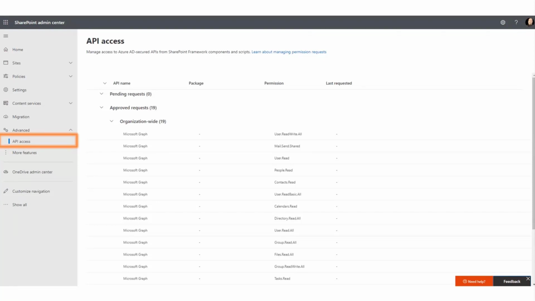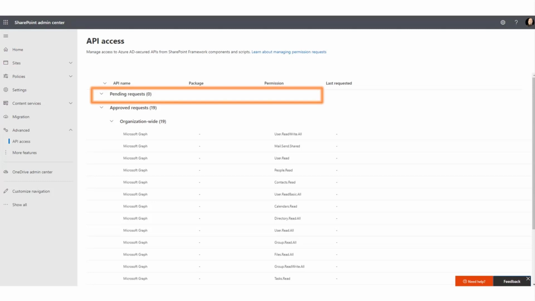One thing I should point out is that the page is pretty slow. When you first go to the page, it will show everything as 0 pending requests, 0 approved requests, and so on. Just take a break for a few seconds, and the page will update, and then you'll see all the information. Normally, when you deploy the web part, you'd have to go to the pending requests and approve them one by one just to authorize your web part to have access to this stuff.